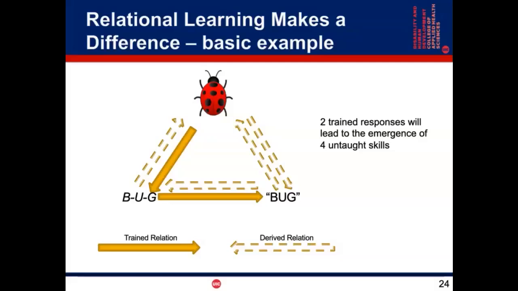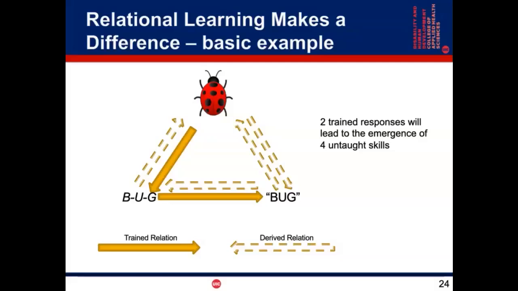So we might say to the child, hey, which one of these is bug? And we just have an array of pictures on the table. And so now, never in their lives have they been asked that question. However, the learning history that we have established with those solid yellow arrows of picture to text and text to vocalization serve as the necessary clues for the person to cue in, like, oh, well, that one with that and that one with that, so therefore I can connect this together and solve the puzzle.